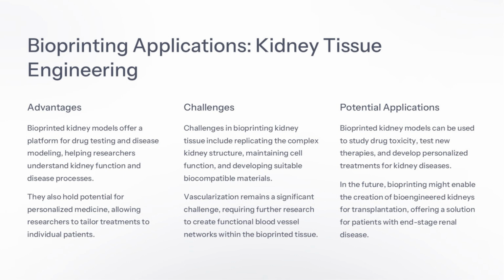Vascularization remains a major challenge, requiring further research to create functional blood vessel networks within the bioprinted tissue. Bioprinted kidney models can be used to study drug toxicity, test new therapies, and develop personalized treatments for kidney diseases. In the future, bioprinting might enable the creation of bioengineered kidneys for transplantation, offering a solution for patients with end-stage